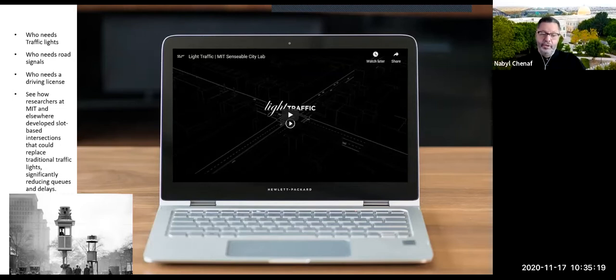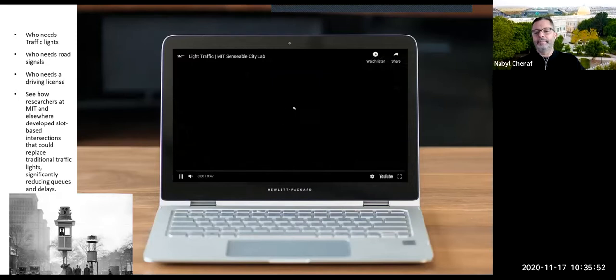And the car made huge changes to the city, by adding those roads and highways and parkings and all of that. But the next disruption is driverless cars, which I invite you to look at in this MIT Sensible City Lab. I like it very much because I like the wording. They said, well, how about light traffic as opposed to traffic lights? So there is no need for traffic lights anymore. So have a look at this.